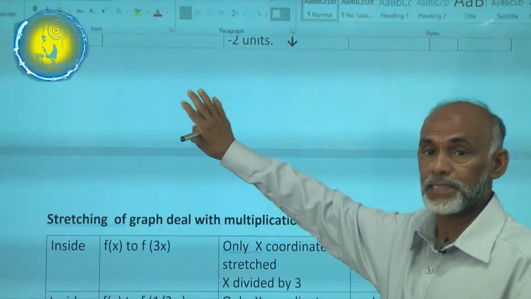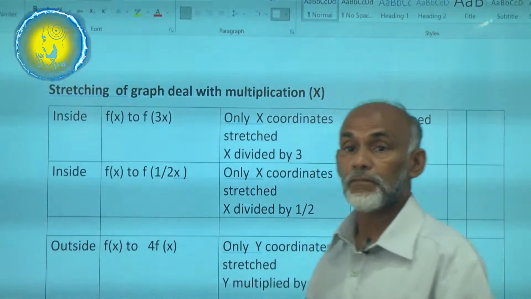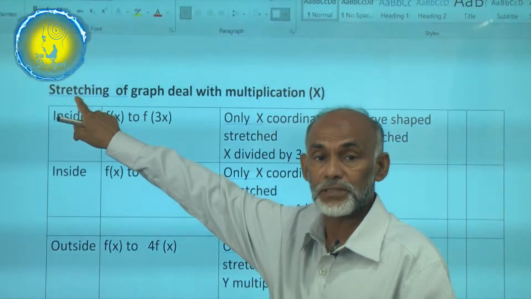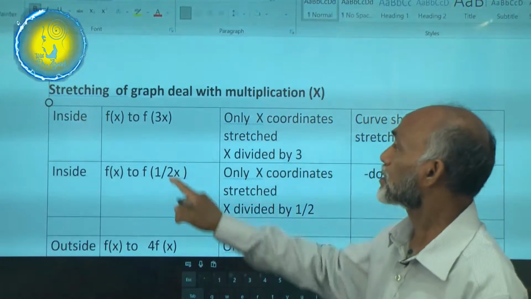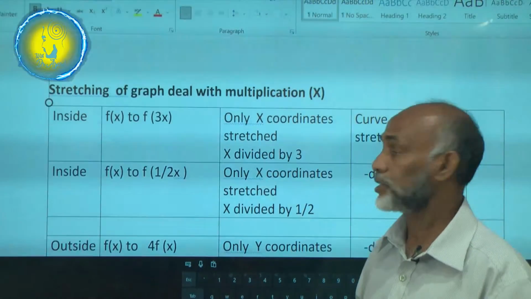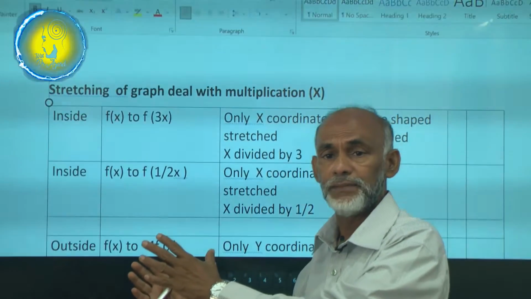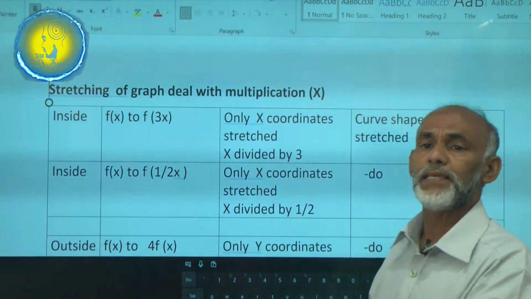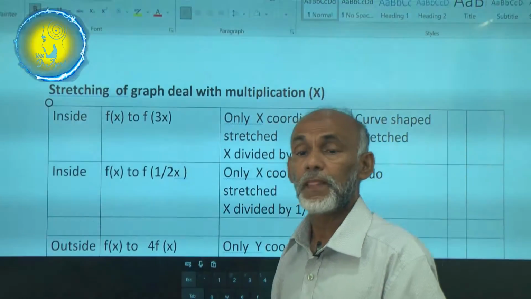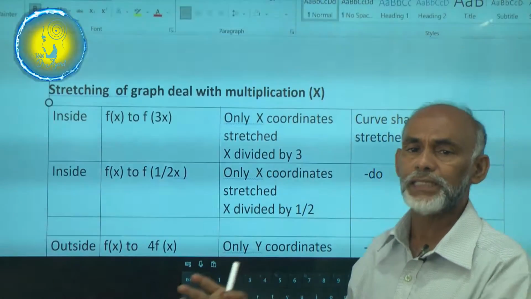Once addition and subtraction is over, we are coming to the multiplication form. When the graph functions are multiplied, it only goes into stretching. This doesn't say translation or relocation. Stretch. I have already explained what is stretching. Translation means the entire curve is translated along its x-axis as well as its y-axis. That is called translation. But in the case of stretching, it doesn't. Only one of the axes works. The other axis is constant.